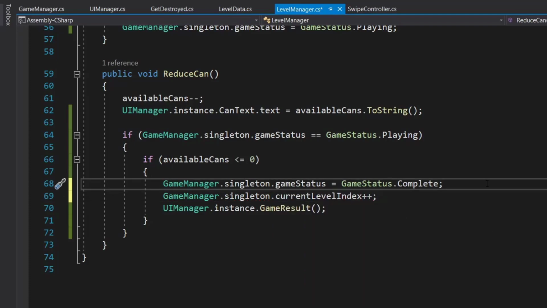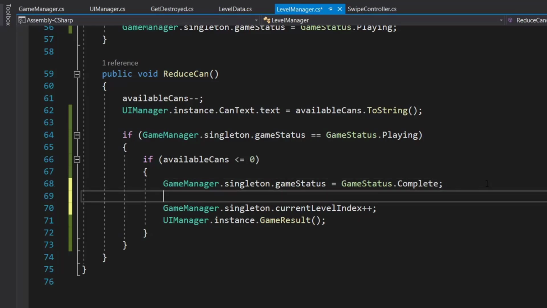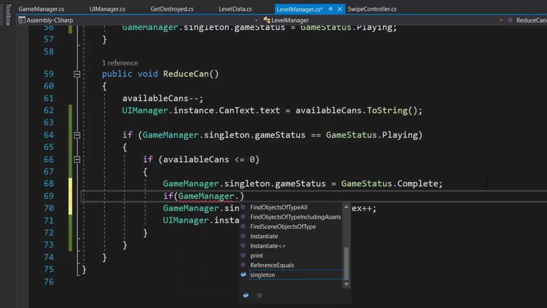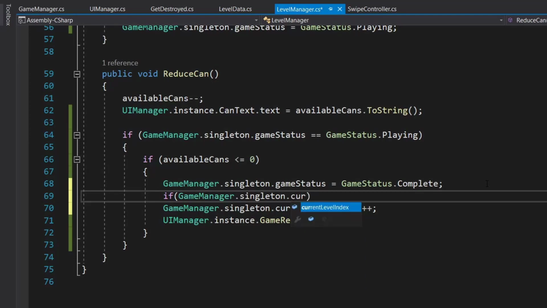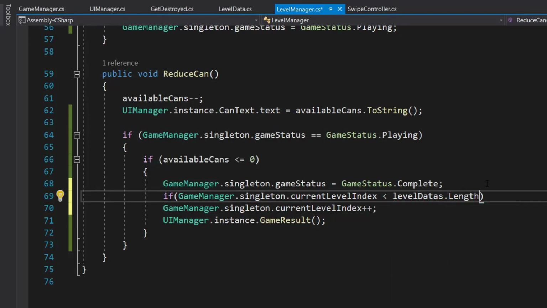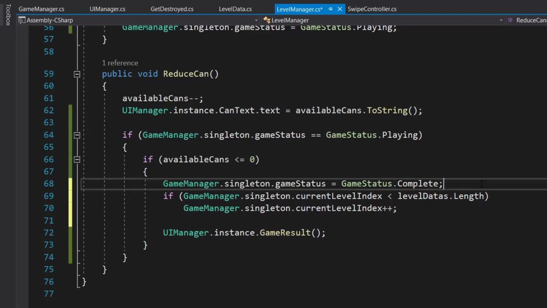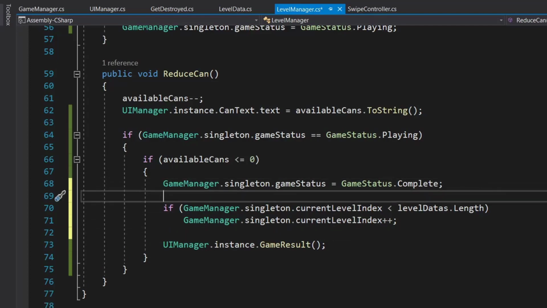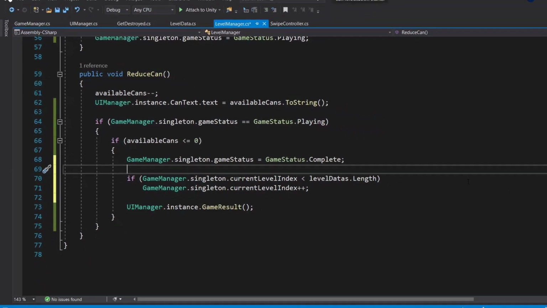As we have completed this level, we need to progress to another level, and before that we will be checking one thing. So if our game manager dot singleton dot current index is less than our level data's dot length, so we have to make sure that our current level index is not greater than our number of levels.